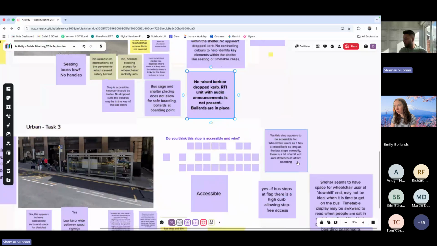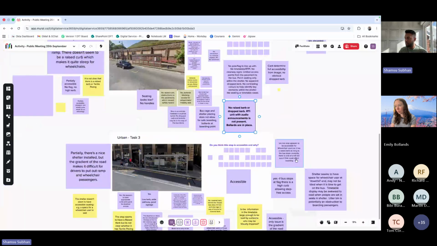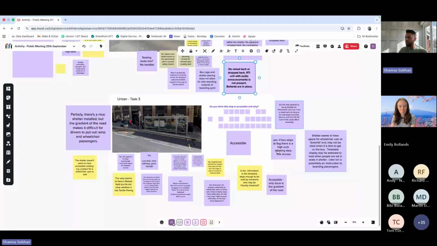Then yeah, the hill, the aspect of that, the gradient. So that's kind of the piece that we're looking at. So it's good information, this. And then if I scroll up to number 2,